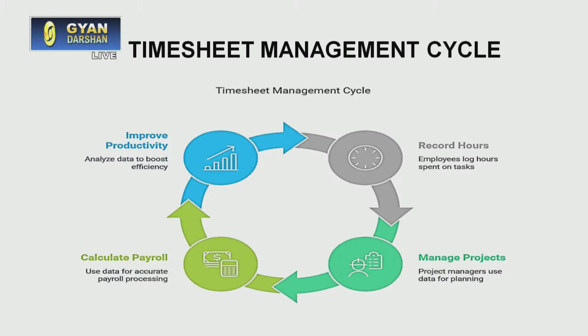Based upon the recording of the hours, all the requirements of the project are to be managed, be it resource allocation or scheduling or planning, and accordingly whatever resources are required for the resource management or planning or scheduling, the involved staff, the payroll of that involved staff needs to be managed, and only then can the productivity be improved. So the time management cycle involves 4 phases: recording of hours, managing of projects, calculation of payrolls, and improvement